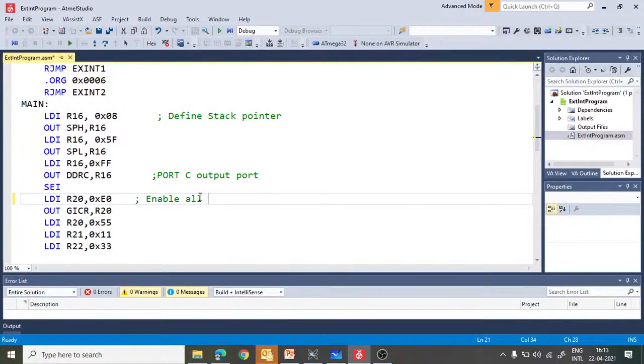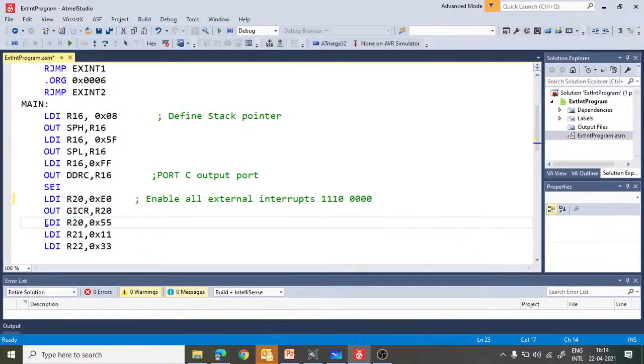Sorry, it is not all 1s but 1110. So this one corresponds to interrupt 1, interrupt 0 and interrupt 2. So all three interrupts are enabled by these two instructions.